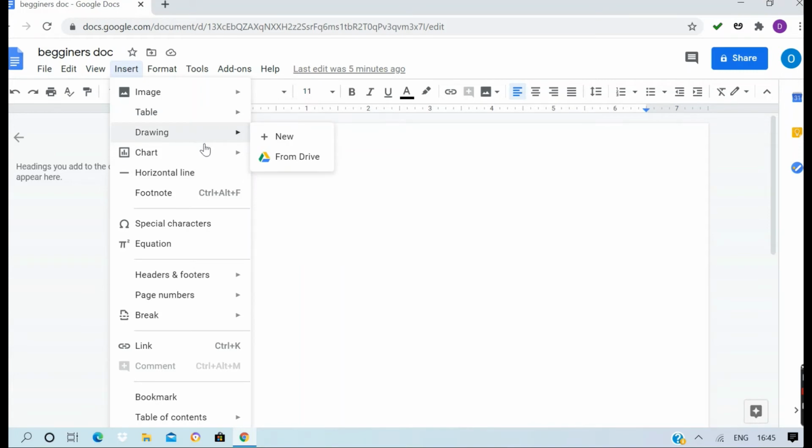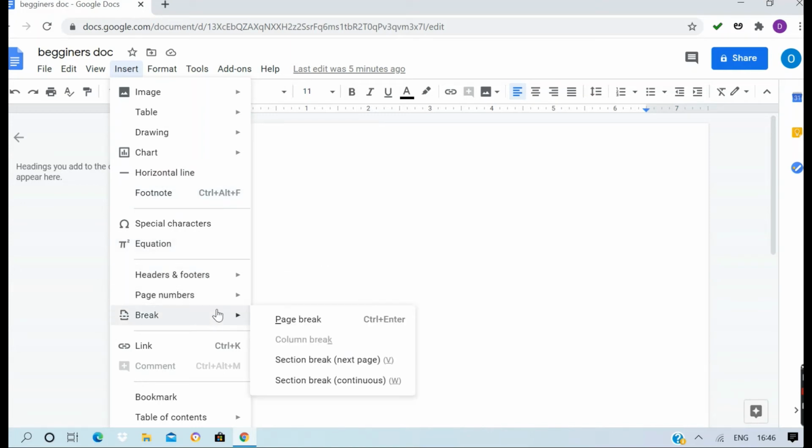You can draw, and even insert charts, many types of charts. This is the same as Word and more effective than Word. Headers and footers, you will see all these options in Word, and some extra options are there in Google Docs, such as languages. And this is bookmark.